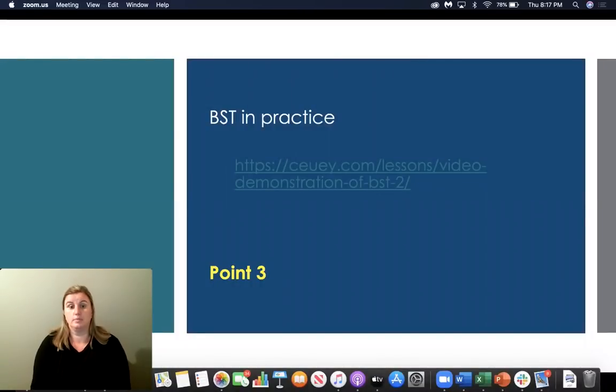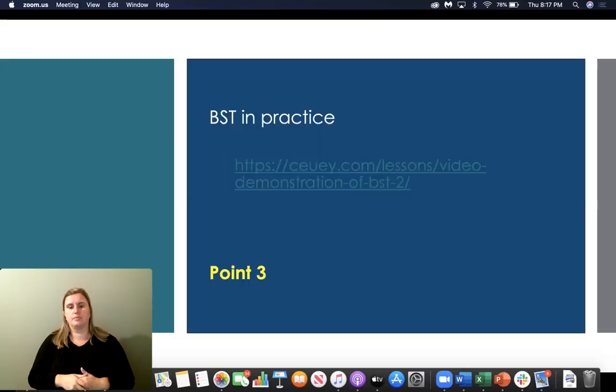So in this specific example, of course, with some additional components, it was also modeled a different way, or basically the implementation of behavioral skills training with a different target skill. One thing that I wanted to mention was that it is a scripted procedure, and to implement it correctly, it is, as I already mentioned, recommended to use some kind of storyboard or guidance.